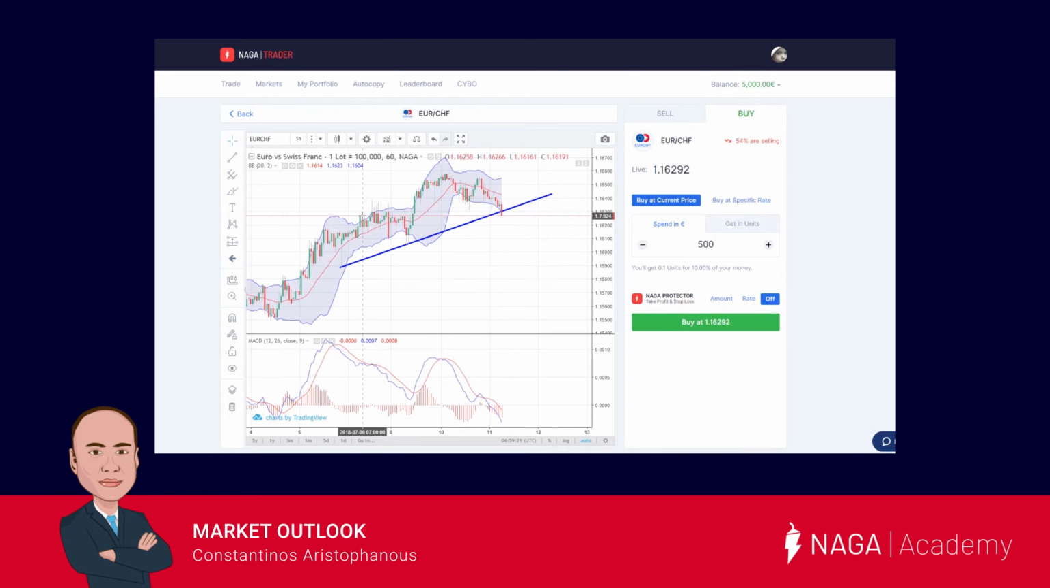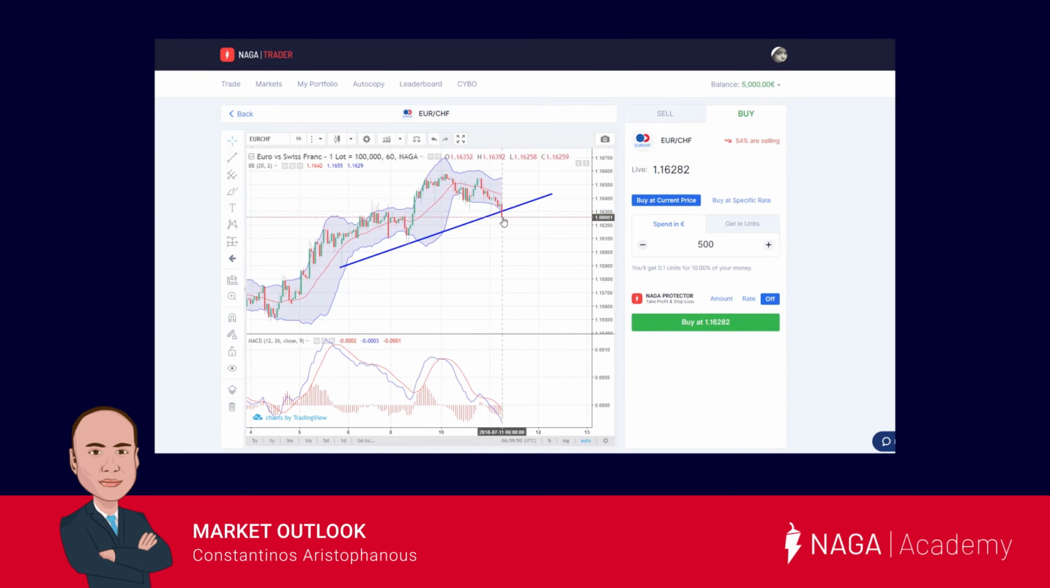Our fourth instrument is the euro versus the Swiss franc. Euro Swiss franc made a top at the 120 3 or 4 months ago. Since then, it has bounced vigorously to the downside and made a bottom at the 115.50 area. Since then, we can see a steady uptrend, but currently, as we speak, we can observe a break of an